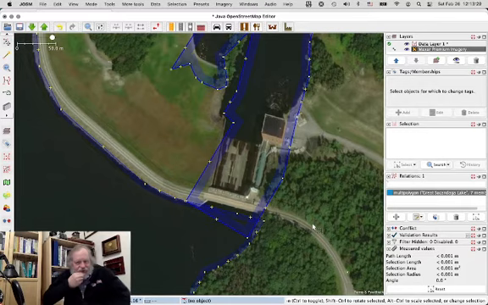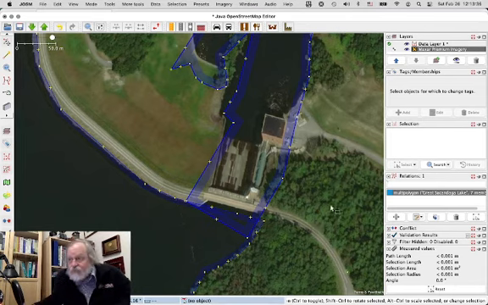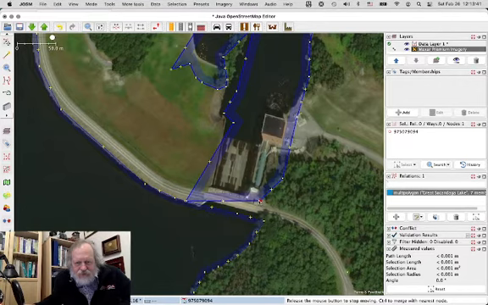And that's the second dam, it looks like. And then we just kind of got these